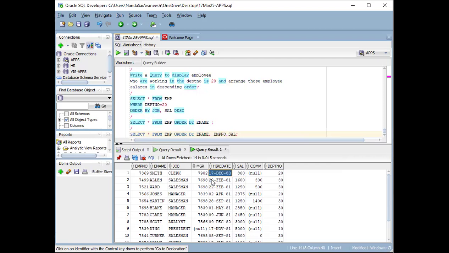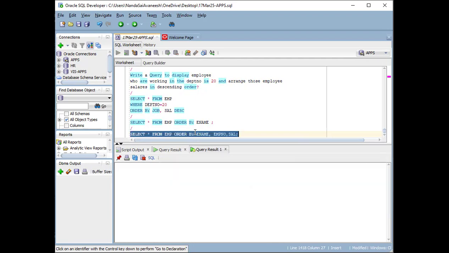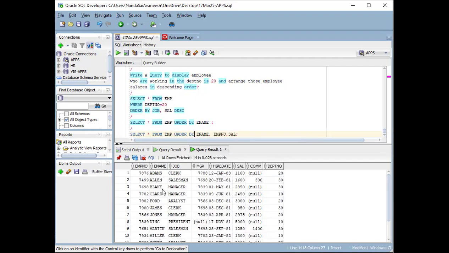What will come first here? Instead of Smith, it will start with the alphabet, that is Adams, Allen, Blake. Okay. After that, it is arranging by employee number here, but there won't be any difference when you use it like this, ename and employee number. Here the employee number is a unique value and ename is also a unique value, so